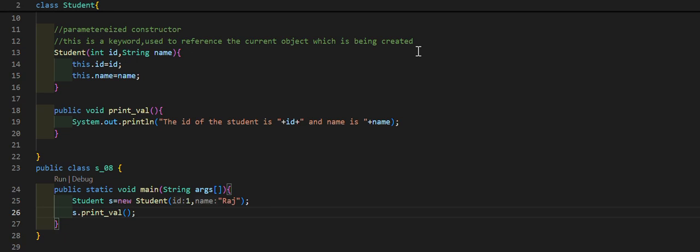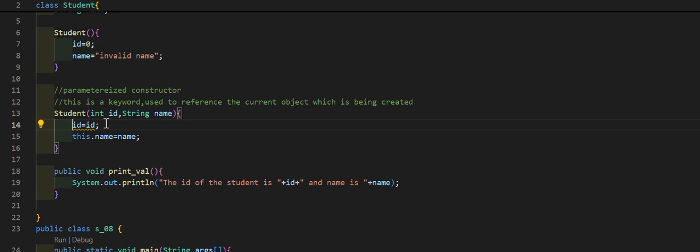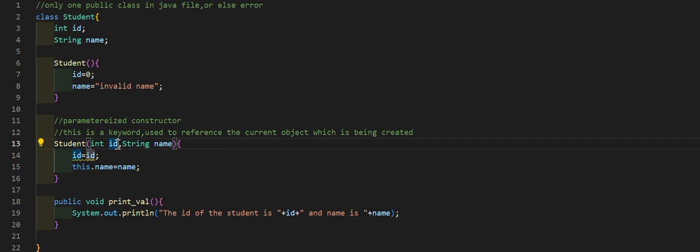Right now, the particular object which I'm trying to create, in order to reference that particular object, I use this keyword. Now, if I simply remove this from here, this will create a kind of confusion with id = id. Why? Because I also have a data member as id. Now I am writing here id = id. So I am trying to pass id, this is a different id. This is a different thing I'm trying to pass into this particular constructor, and this id is for the data member id. Now this is a different id, this is a different id.